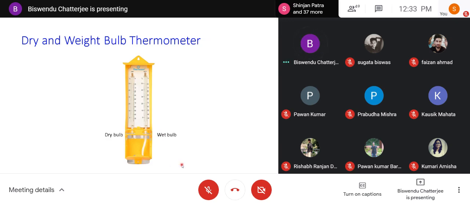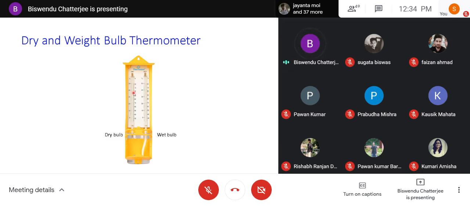Now what happens? Due to the humidity in the air, if it is dry, water will evaporate very quickly. If it is wet, water will evaporate very slowly. If water evaporates very quickly, it will take the heat from the mercury and evaporate. As a result, the temperature will go down. With respect to dry, if it is a very wet atmosphere, water will not evaporate very quickly, so it will not take the heat. Then the dry and wet bulb temperatures will be almost the same.